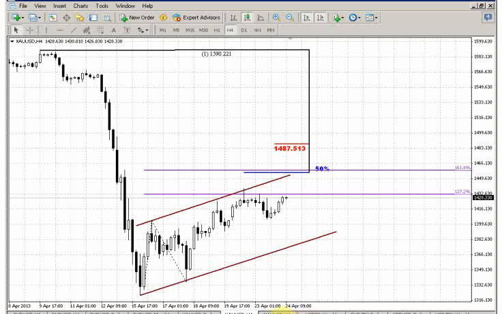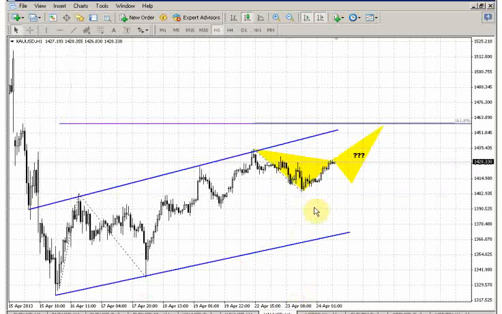On the hourly time frame, we see how it could happen here. I can't exclude that here could be some sort of butterfly. That's just an assumption, because here we see also the potential for the left wing. To form the right wing, the market should show the retracement first, then acceleration higher. But what is interesting is that the 1618 extension of that swing low from this swing to the downside stands precisely at the target of this ABCD pattern on the 4-hour time frame, and precisely at the 50% resistance. If the market hits it, that will be a solid resistance cluster that also will be the destination point of the reversal pattern.